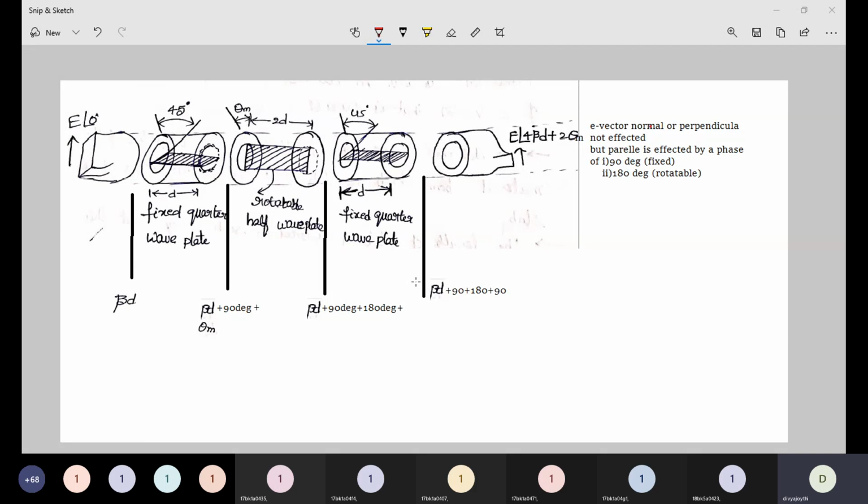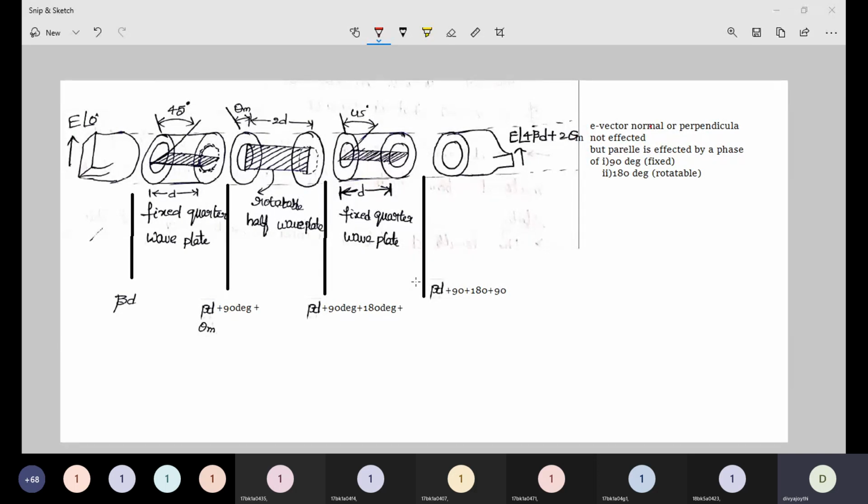The fixed sections are going to produce a phase shift of 90 degrees if the wave that is passing through them is parallel to the waveguides. Each of these two fixed sections internally has a phase shift of 45 degrees with the horizontal line. So the length of the plate is selected in such a way that this additional phase shift, as I told you, the fixed section produces a phase shift of 90 degrees in the case of the quarter wave plate. In the case of the half wave plate, the half wave plate is nothing but your rotatable waveguide that is going to produce 180 degrees of phase shift.